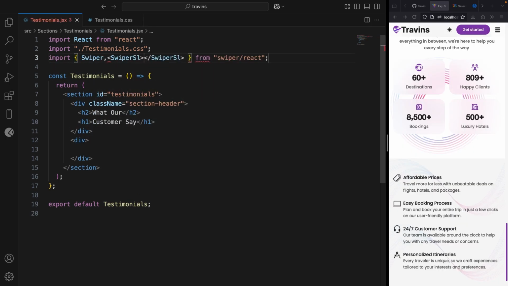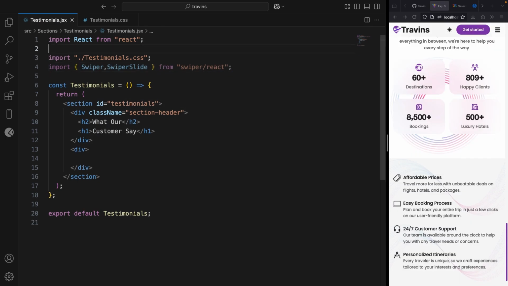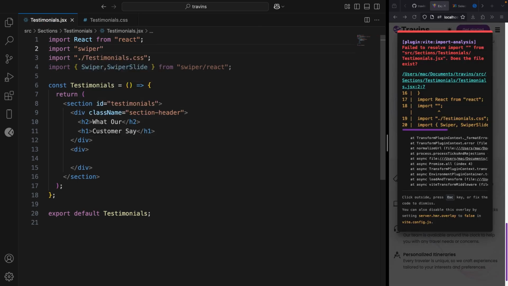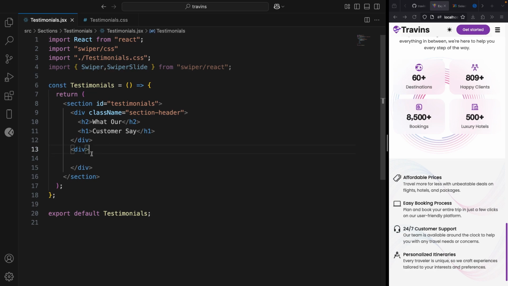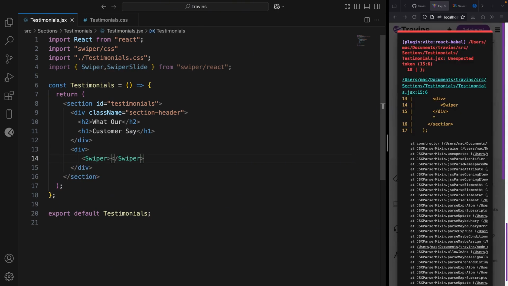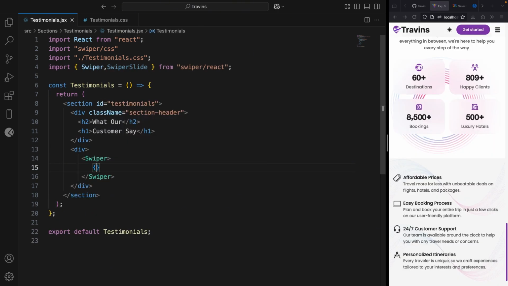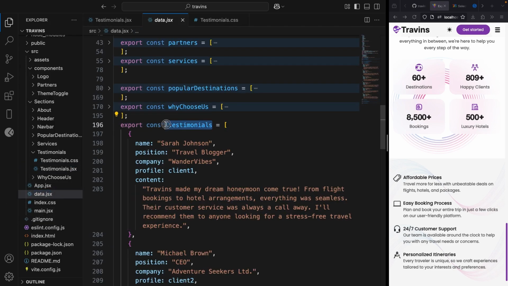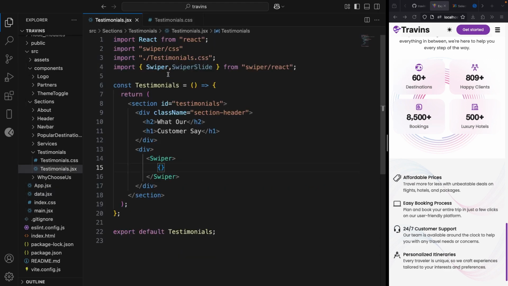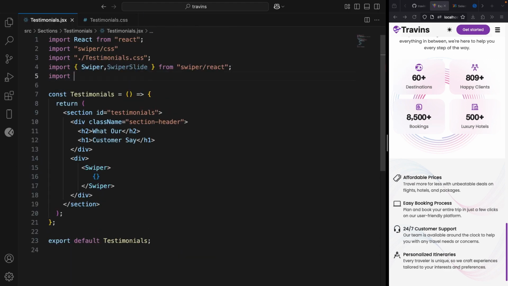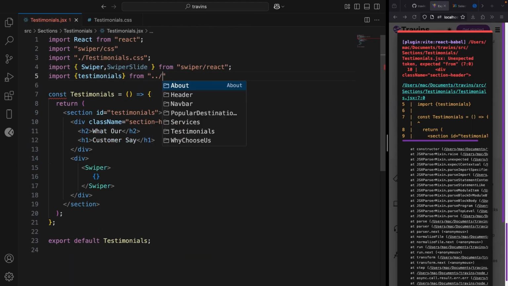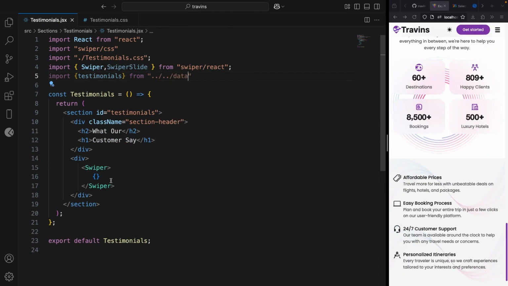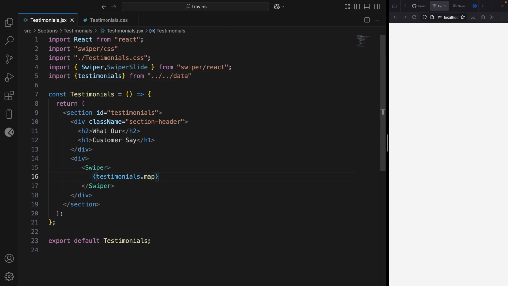So we import swiper and swiper slide. So we import the CSS right here, and let's say swiper right here. Within the swiper, we are going to output the testimonials data. Look at it here. It has name, position, company profile, and some other data. So we import it into our testimonials, and we say testimonials.map